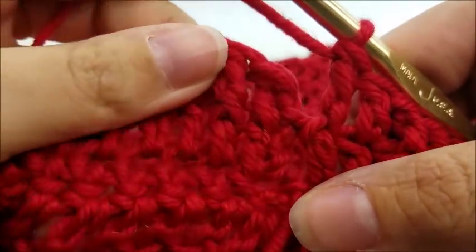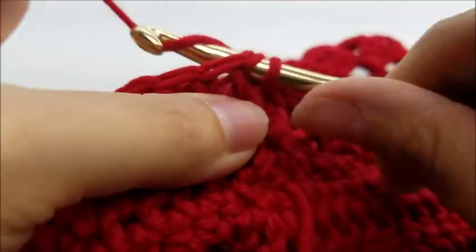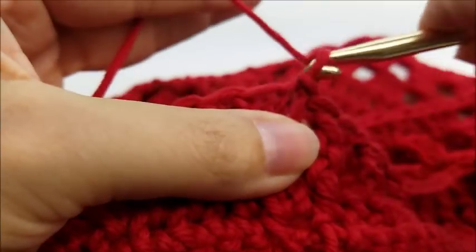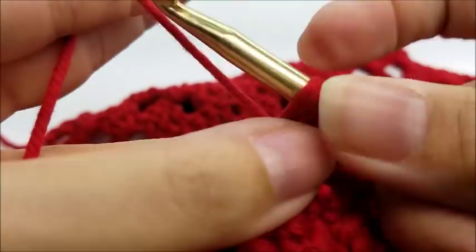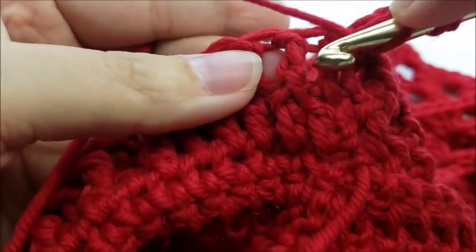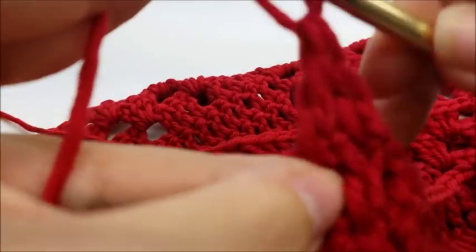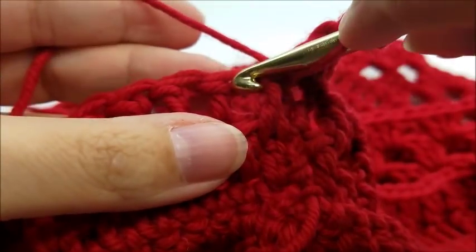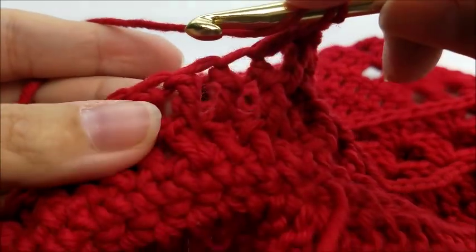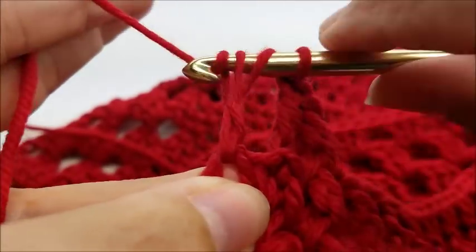Okay, once you make it back around to the end of round 2 of your collar, you should have ended a front post triple. Go ahead and slip stitch into your first double crochet, and now we're just going to repeat round 2. We're going to chain 1, go back into the same stitch and double crochet, and then we're going to front post triple around the next stitch, and then we're going to double crochet into the next, and then we're going to front post triple around the post of the next stitch,